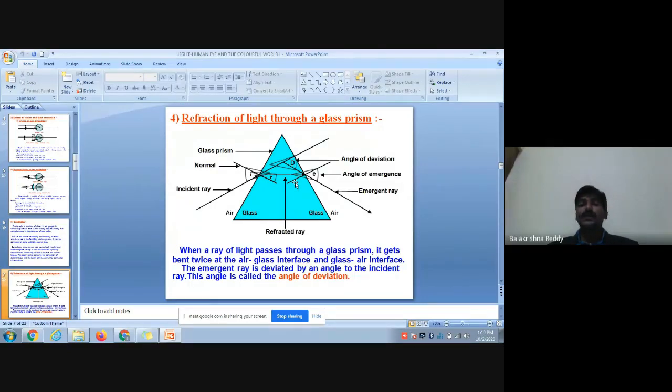This we have studied in the previous videos of refraction of light. So in the same manner, it is bending away from the normal. So this is a second refraction of the light, okay, at the